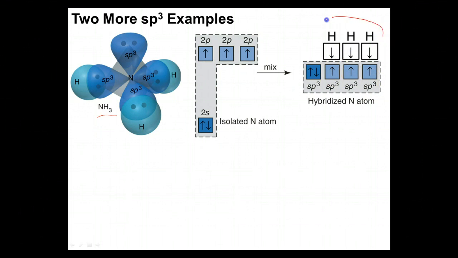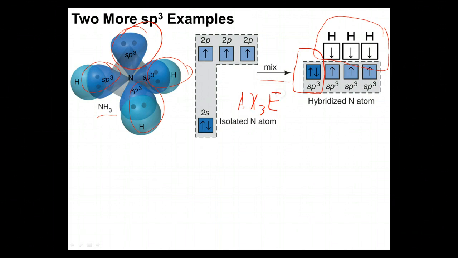And I'll remind you, I'm not implying energy here. I'm just showing that they're right there binding in. I can't overlap them and show them at the same energy, but they are. And so we end up having them all be the same energy as they were originally. Didn't cost us anything to make these, as far as this goes, in the mixing. So by mixing them, we were able to make this happen. Notice that it predicted that we would have a lone pair that doesn't bond at all, and we'd have 3 bonding regions. In other words, what we just predicted was the